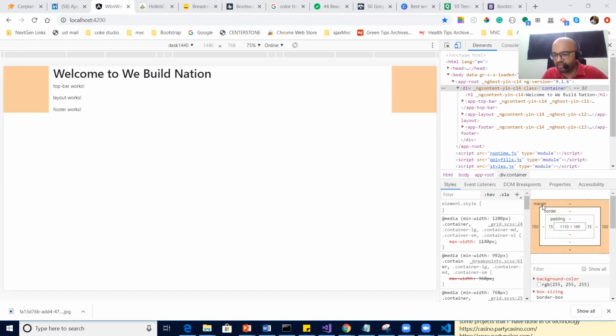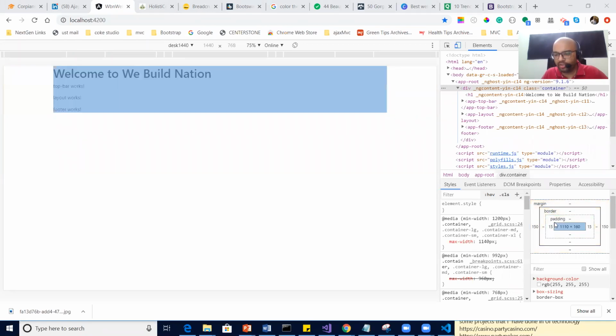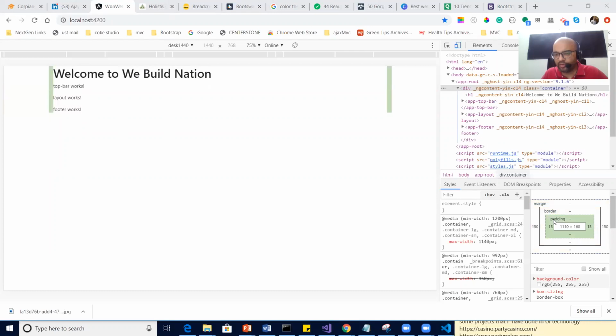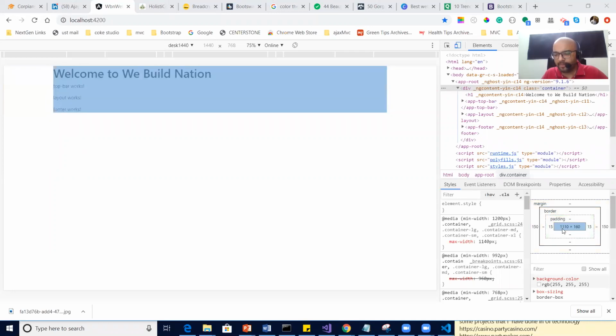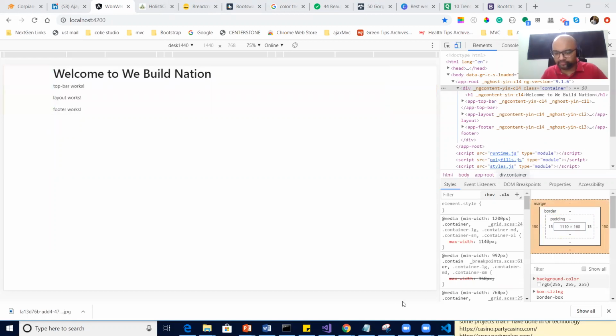See margin, but there is no border. Then padding, I mouse over on padding, and then your content. This is your box diagram. You should be very clear about it. Margin, border, padding, content. Right? So now let's proceed from here.